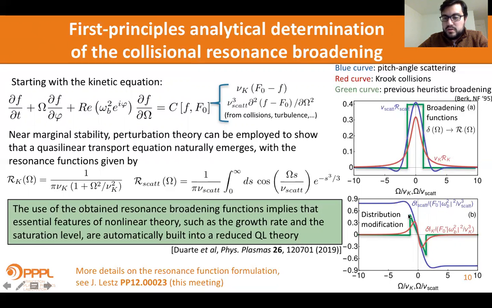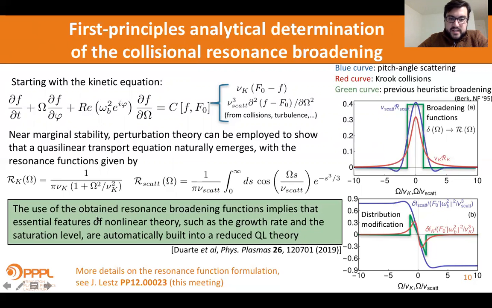And in the bottom plot is the delta F, the modification of the distribution function around the resonance, where the resonance is at omega equals 0 here. So the center of the resonance is here for all cases. The theory is also local, so we basically have boundary conditions at infinity. But the interesting outcome of this is that